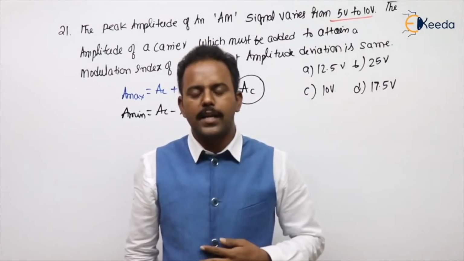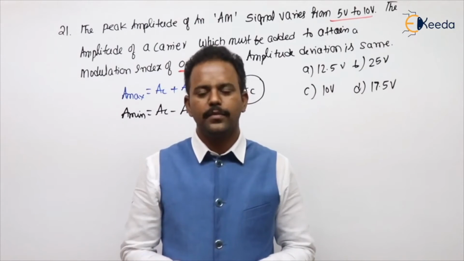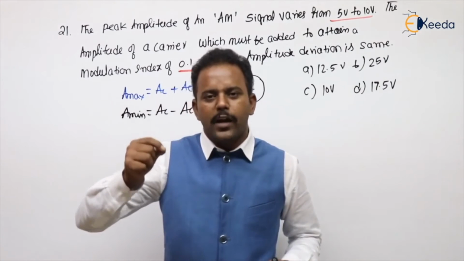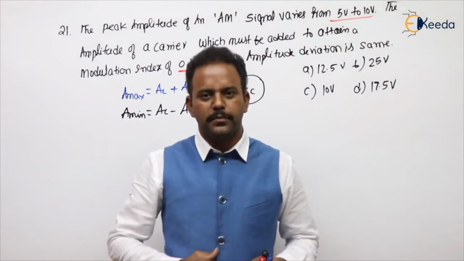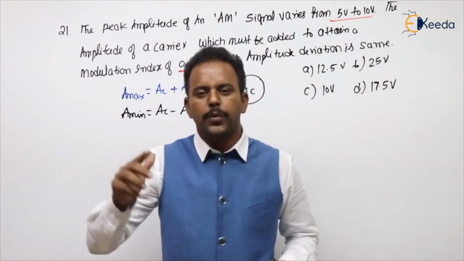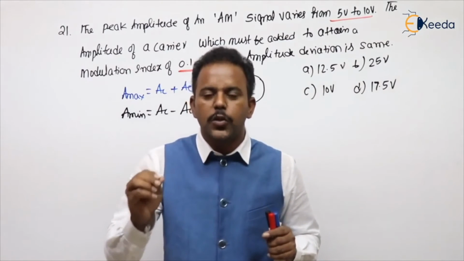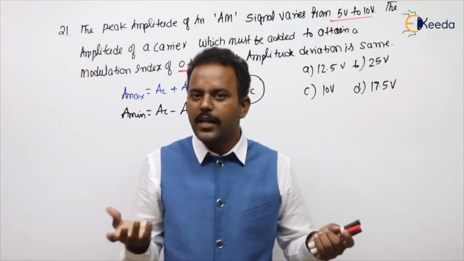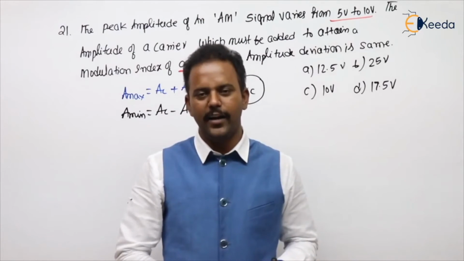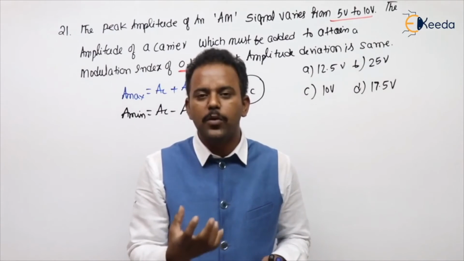For your clarity, I will take a very simple example. Suppose, students, I have 500 rupees in my pocket. I kept this 500 rupees in cricket betting. If I won, I will get 1000 rupees. If I lost, I will get 0. In that situation, what is the maximum change to my amount? Obviously 500. Even if I win, I get 1000, already I have 500. If I lost, I get 0. 500 becoming 0 means the maximum change to my amount is 500.